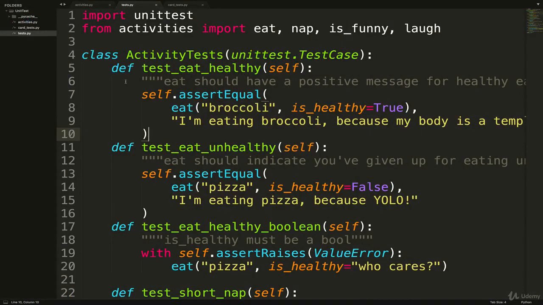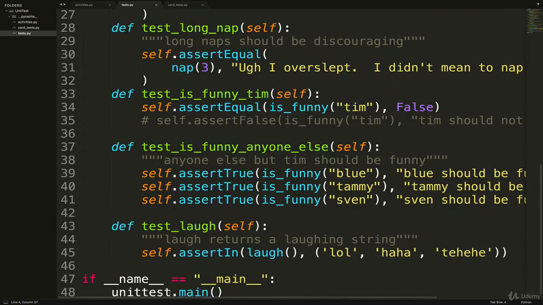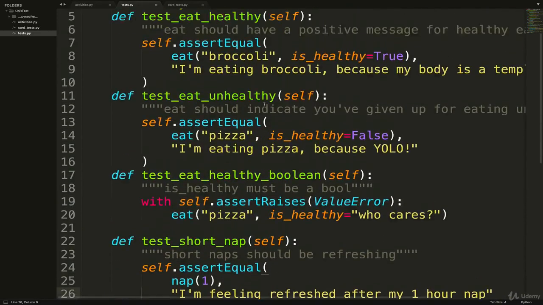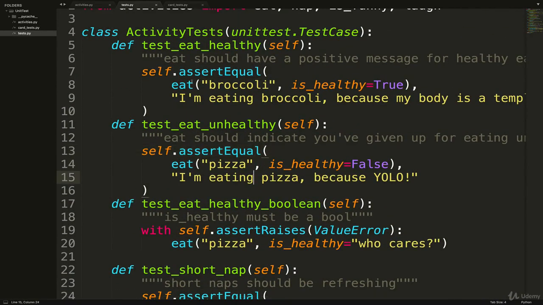This is the base recipe for testing with unittest. Define your class. It must inherit from unittest.TestCase. At the end, you call unittest.main. And then in here, you define your test functions. Each test case has at least one assertion inside of it, and there's a bunch of these assert helpers. Alrighty,